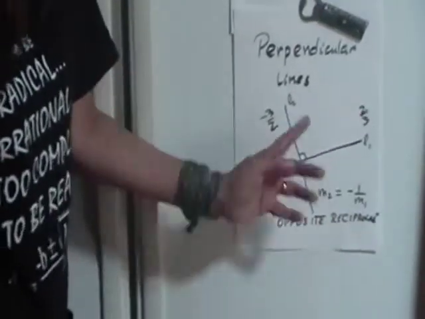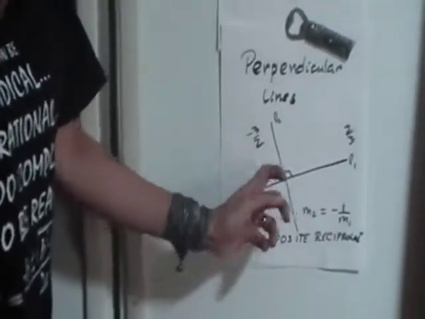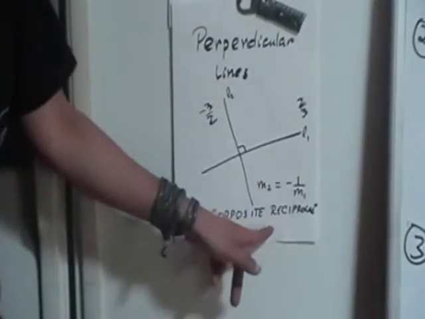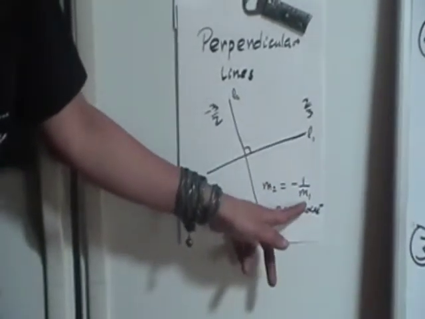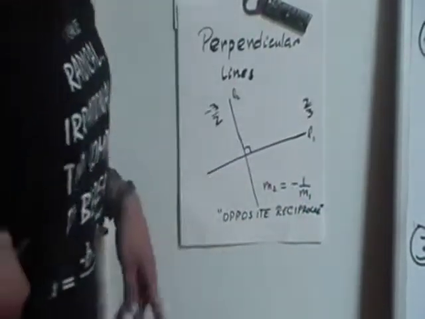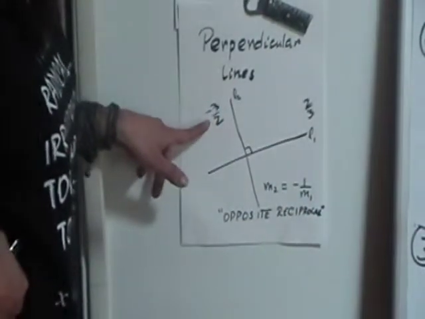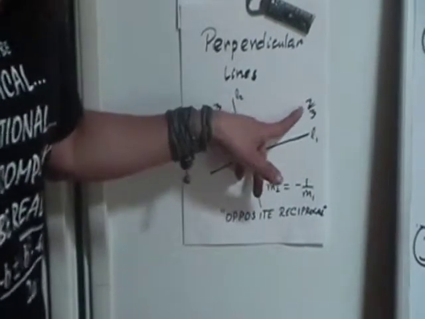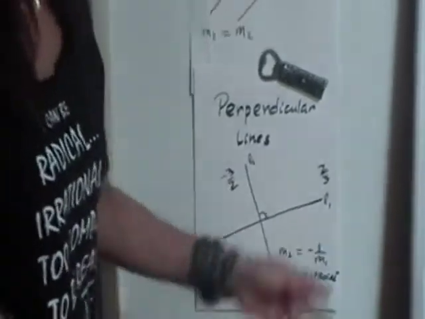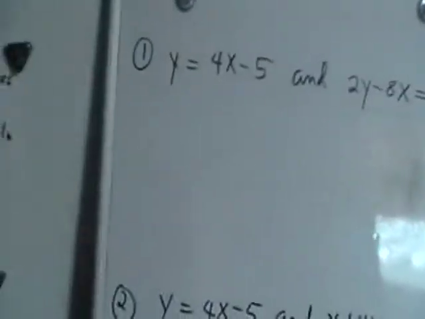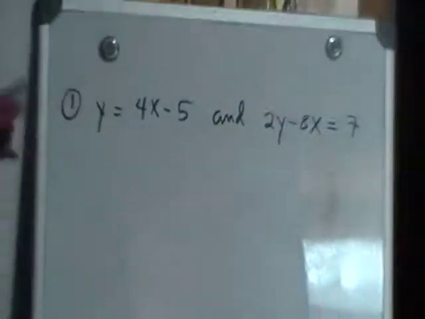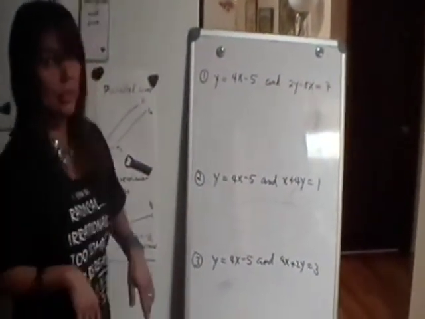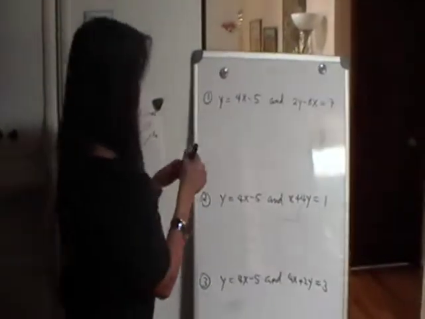Now, I won't explain why this is the relationship, but the relationship of the slopes is that the slope of one is equal to the opposite reciprocal of the slope of the other. What that means, for instance, is that if this line has slope -3/2, the opposite reciprocal of -3/2 is +2/3, okay? I have 3 examples here where we are going to try to determine if the lines are parallel, perpendicular, or maybe there's no relationship whatsoever as to parallel or perpendicular.